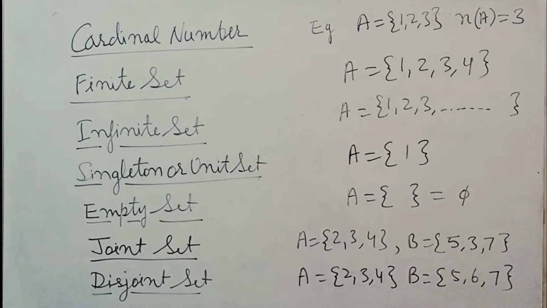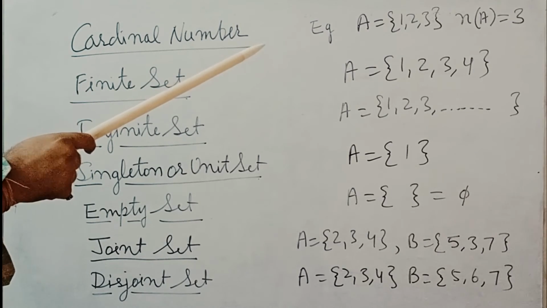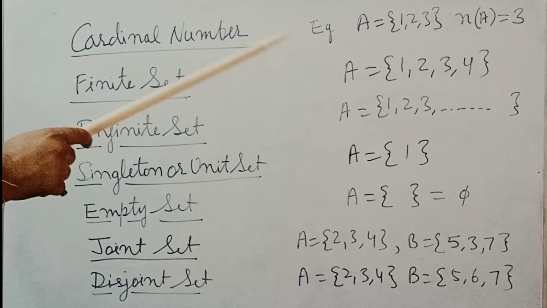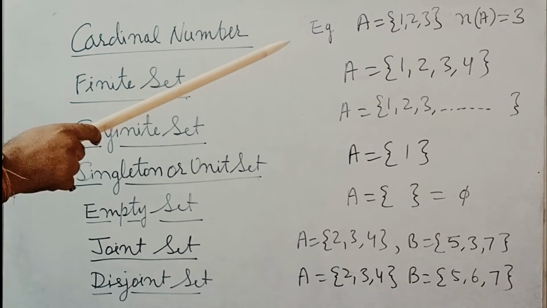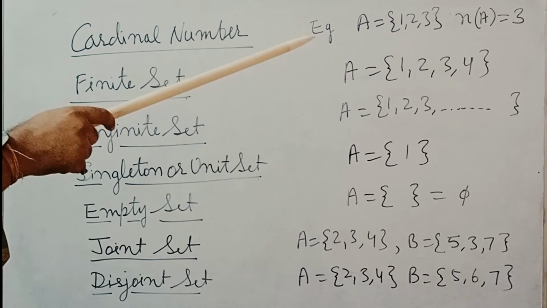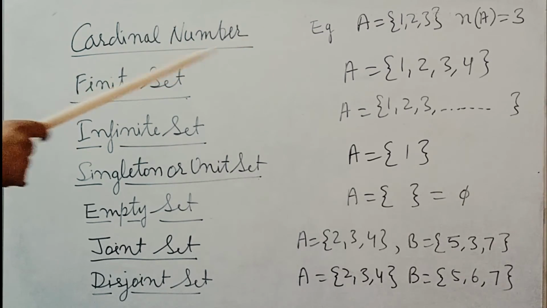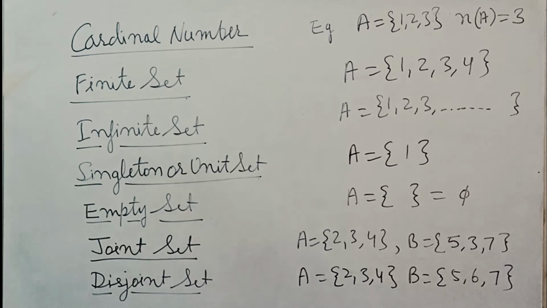Children, I am talking more about sets. In that, we have the cardinal number. What is the cardinal number? The number of elements in a set is known as the cardinal number. For example, suppose we have the set A, and the elements of set A are 1, 2, 3. So the cardinal number of this set is 3, as the number of elements is 3, and we write n, and in brackets we write the capital A, n(A) = 3. In that manner you will write this, and the cardinal number of set A is 3. So you can find the cardinal number of other sets with the help of this.